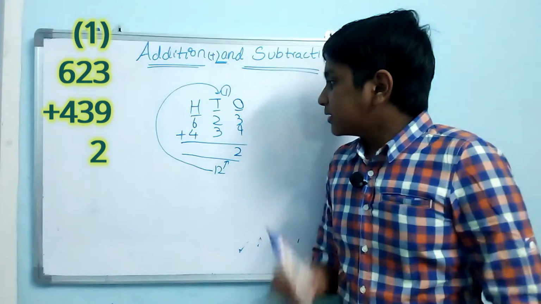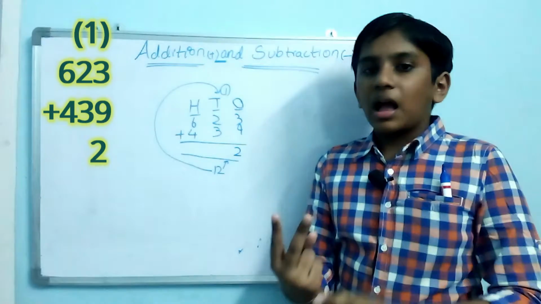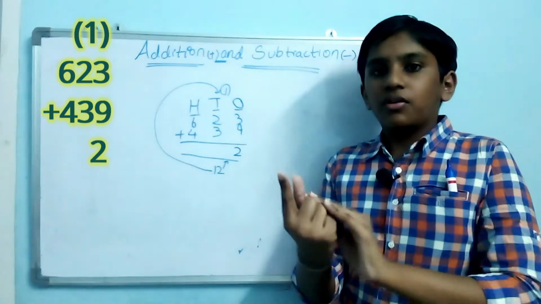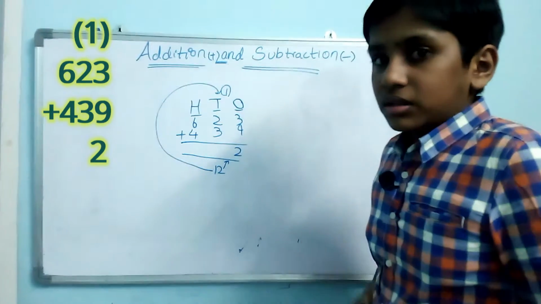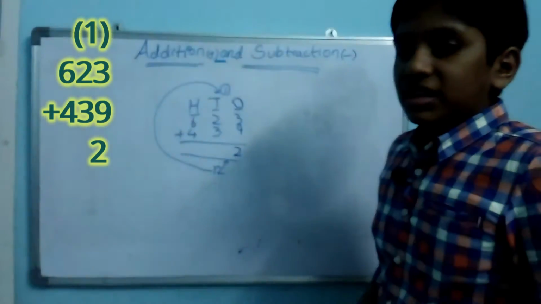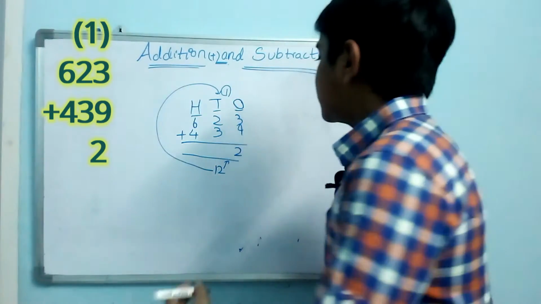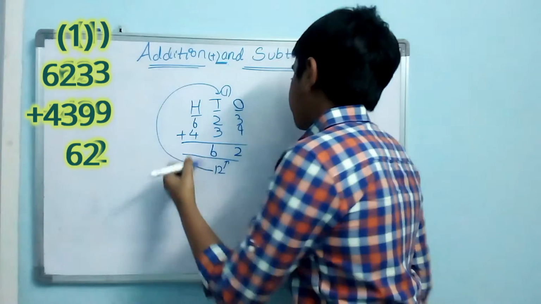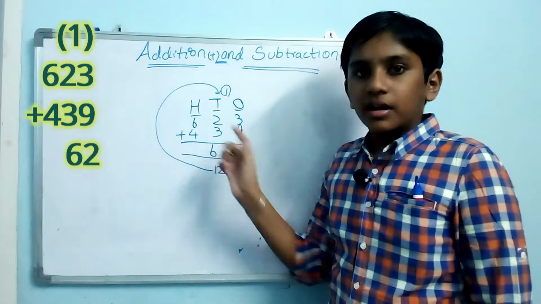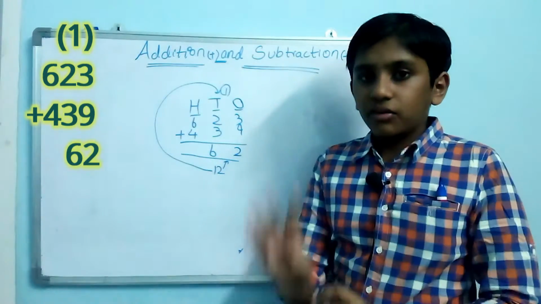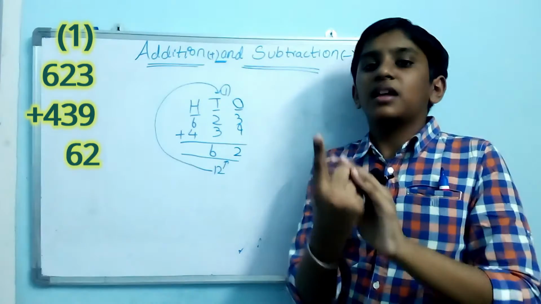Now let's add 3 plus 2. 3 in your mind and 2 fingers up. After 3, 4, 5. And here the number 1 is also considered as an add-on. So 5 plus 1 is 6. Now my friends, 6 plus 4. 6 in your mind and 4 fingers up. After 6, 7, 8, 9, 10.